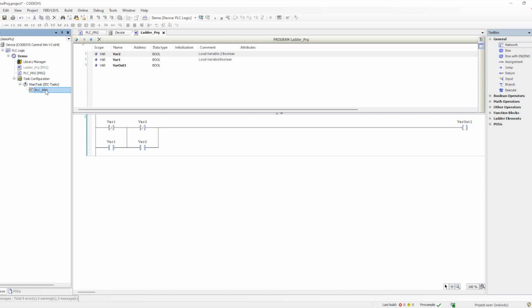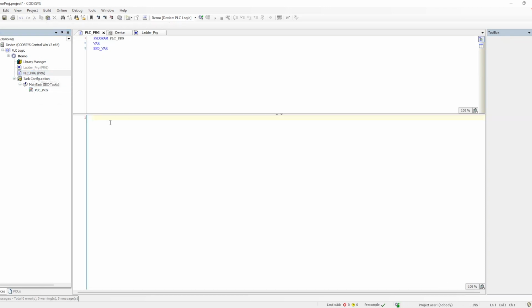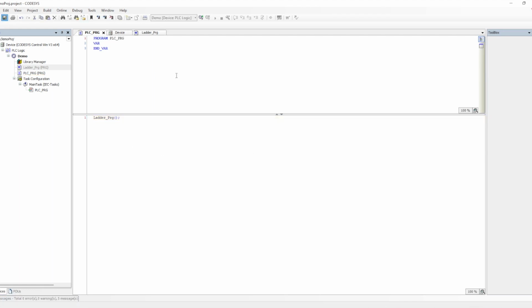So I will call that in the PLC program. How we can call a program into another program is we have to type it; we cannot drag and drop. So it is not supported. We need to type the name of the program ending with the small bracket and the semicolon. Okay, so once we give this and download again,